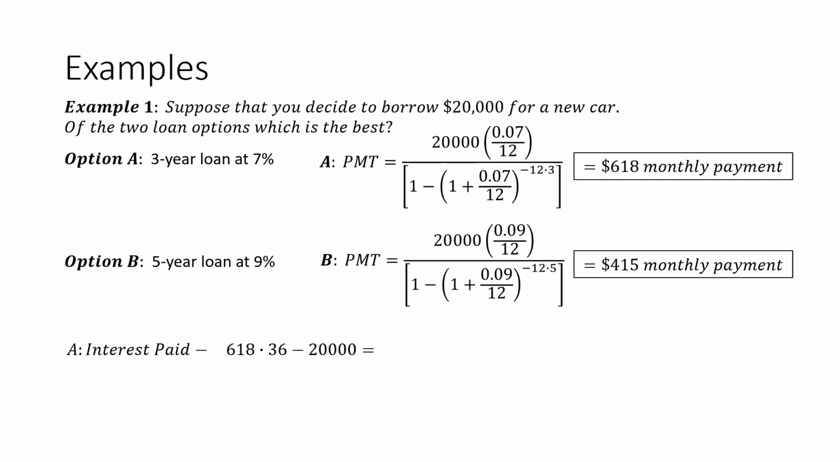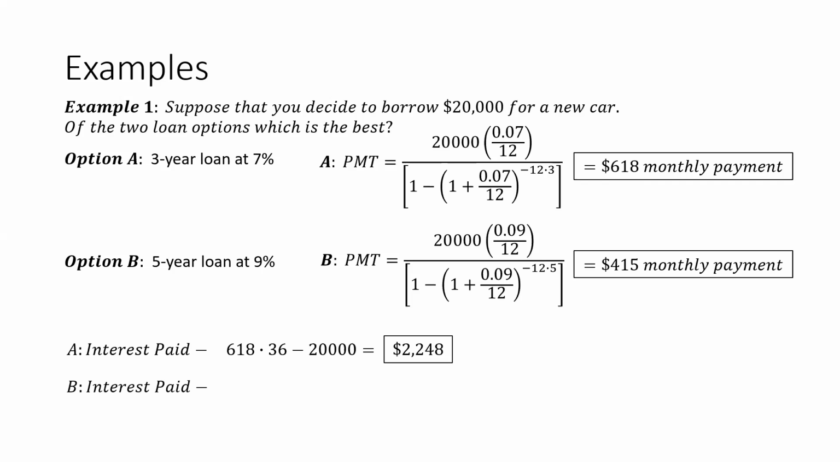So now that we know what our monthly payments are, a question we might want to ask ourselves is how much of our money is going into interest? We can figure that out by taking our monthly payments, multiplying it by how many times we have to pay that monthly payment, and then subtracting the total cost of the car. So 618 times 36, because we have a 3-year loan, 3 times 12 is 36. And I subtract 20,000, I am paying $2,248